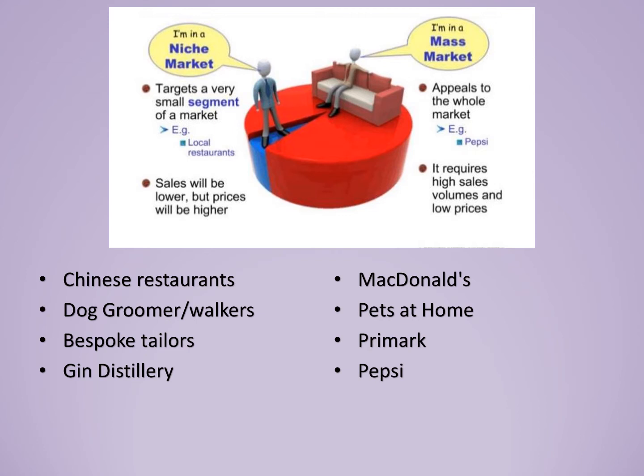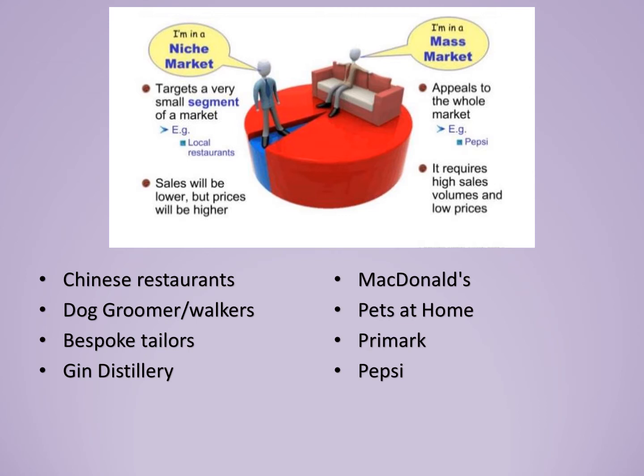Bespoke tailors are creating suits or clothing that is designed just for the person who's buying it, or Primark, who would create massive amounts of the same product, and people would go to them and it would be cheap and they could buy it cheaply. A gin distillery might actually just be supplying in the local area, only hitting people who are fans of gin, whereas Pepsi is